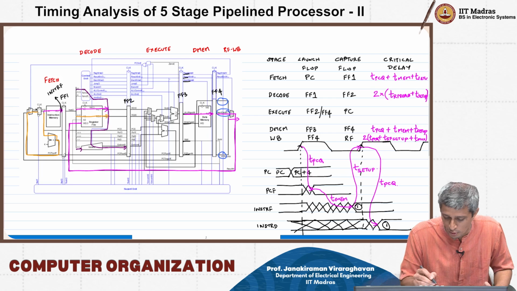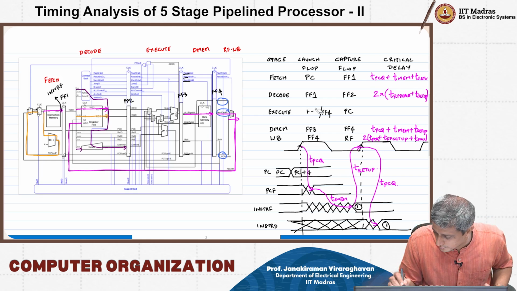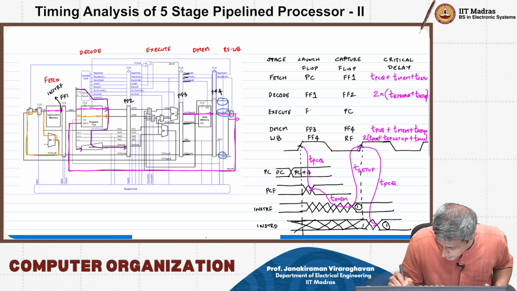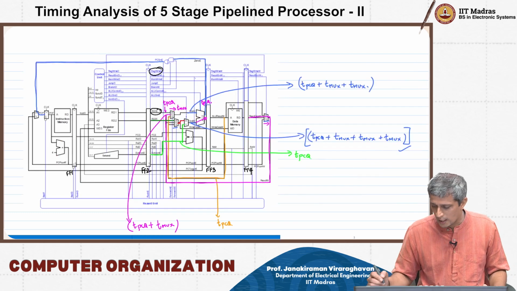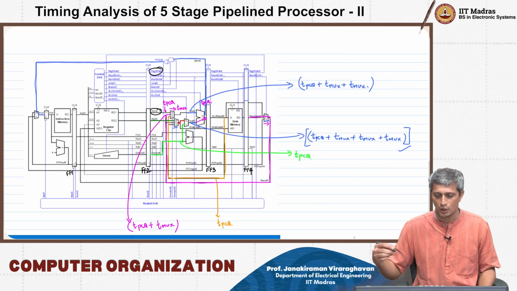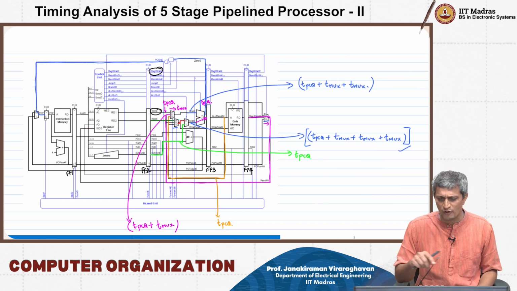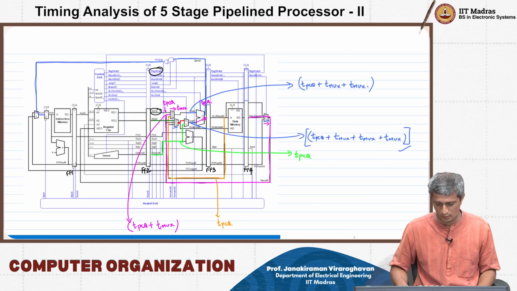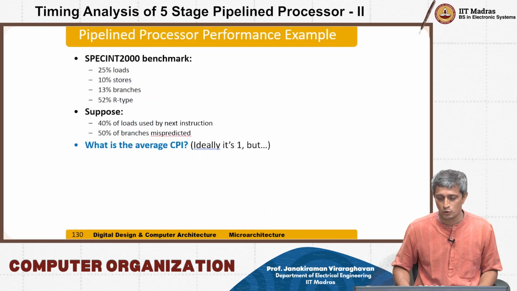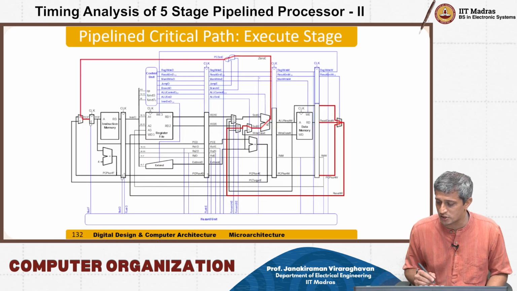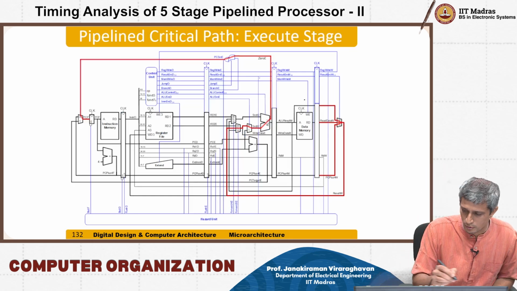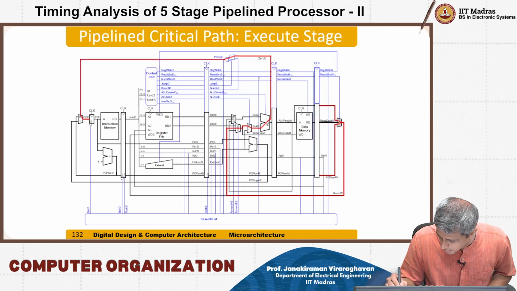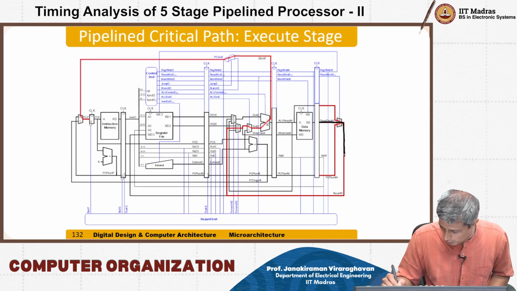Actually it is going to be the FF4. It is not FF4, okay? So starting from that point, you go all the way around back to the program counter. And that's why you look at the critical path here, which is marked in red. You start from this flip-flop, go all the way around through this guy,